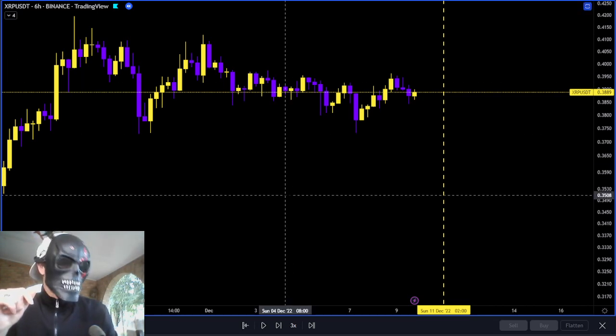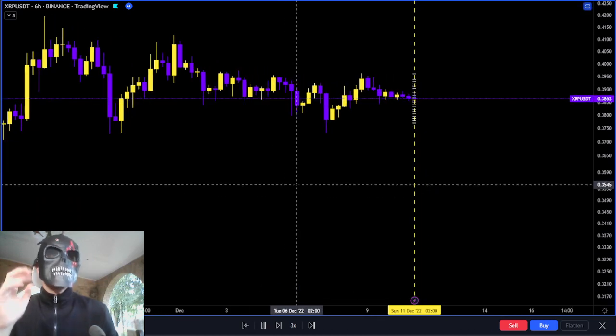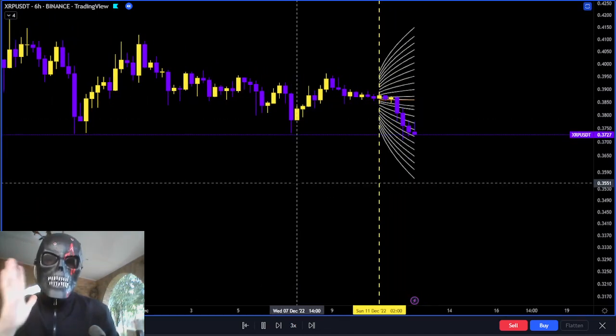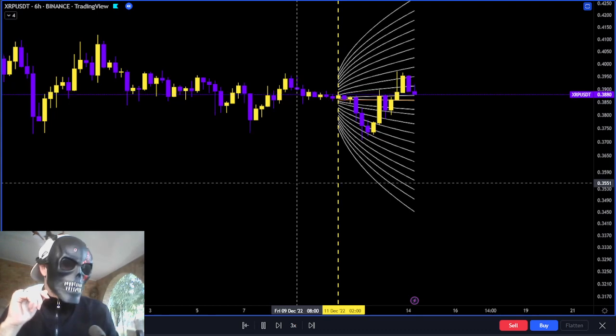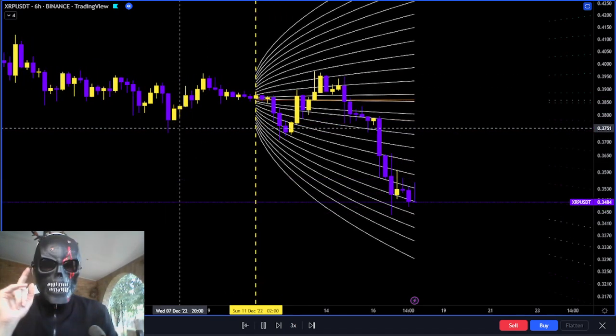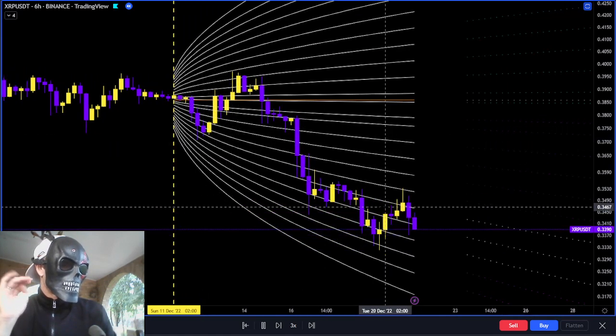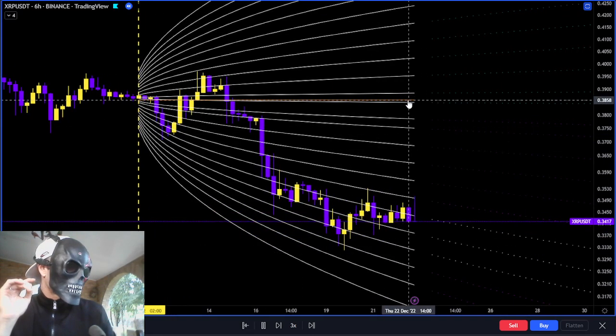Today we're going to be looking at XRP USDT and its long-term, medium-term and short-term outlook. What we have here is a distribution cone provided by Alpha Trading Tools, and it's a Laplace distribution cone with a mean sitting at